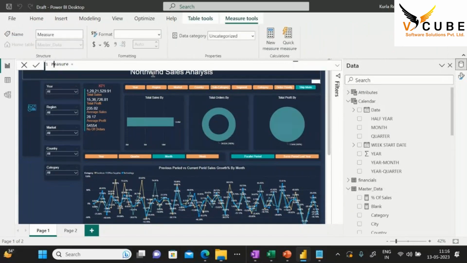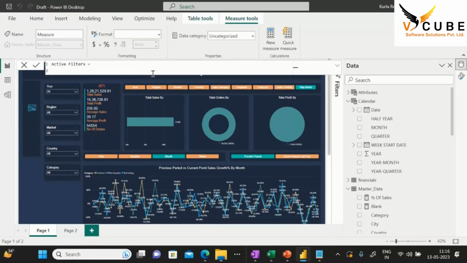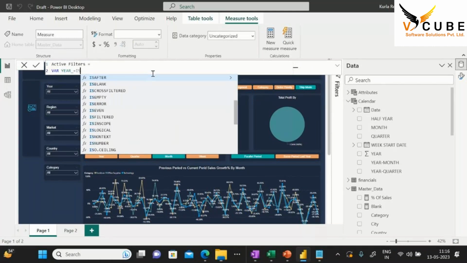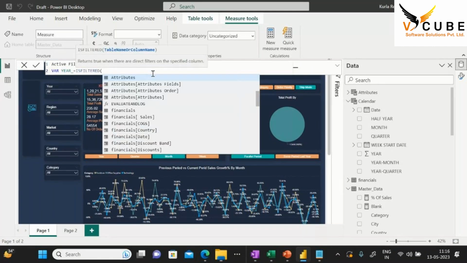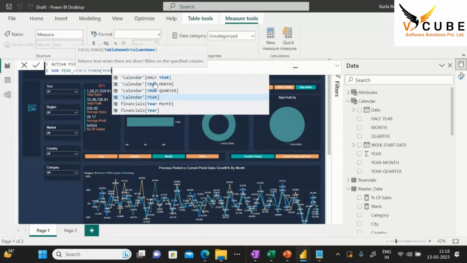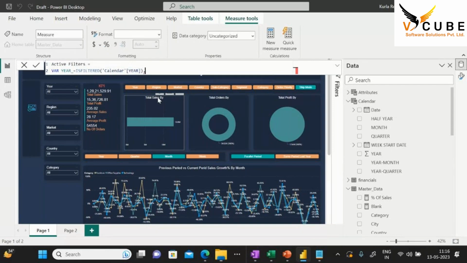Okay. Now let's say active filters. So let me quickly write this var here equal to each. Each filter. So which one? So I want to write here if